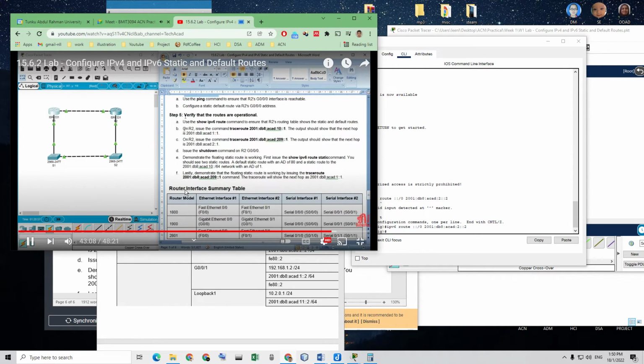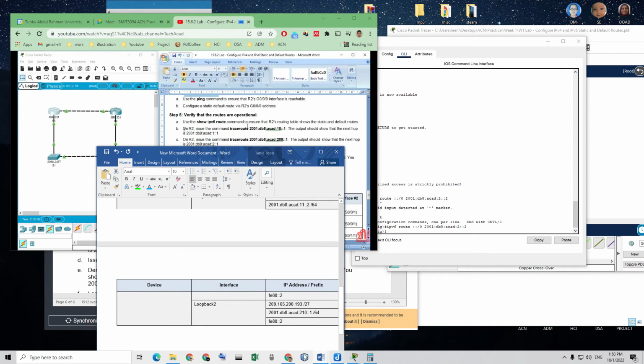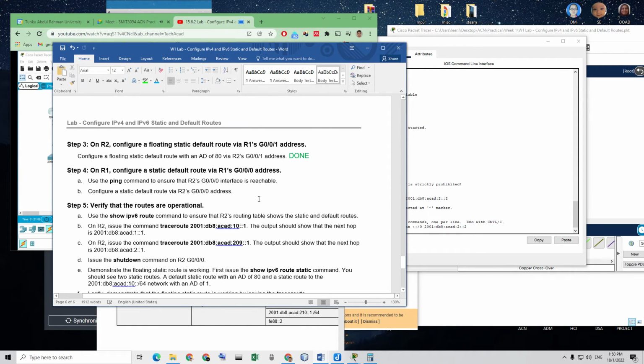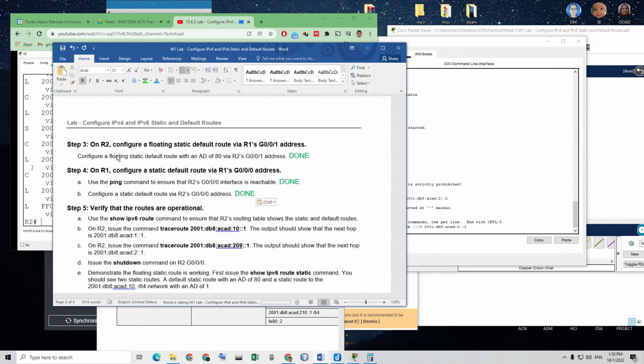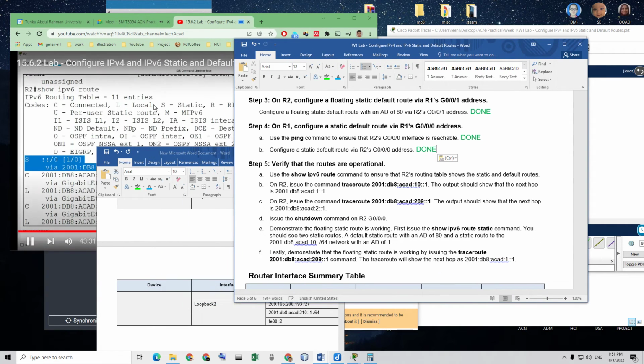Coming to the last step, step 5. Verify that the routes are operational. Use the show ipv6 route command to ensure that R2's routing table shows the static and default routes. So coming to R2, we will give that show command here. Show ipv6 route. So here we can see that default static route. Yeah, perfect. Also we can see the